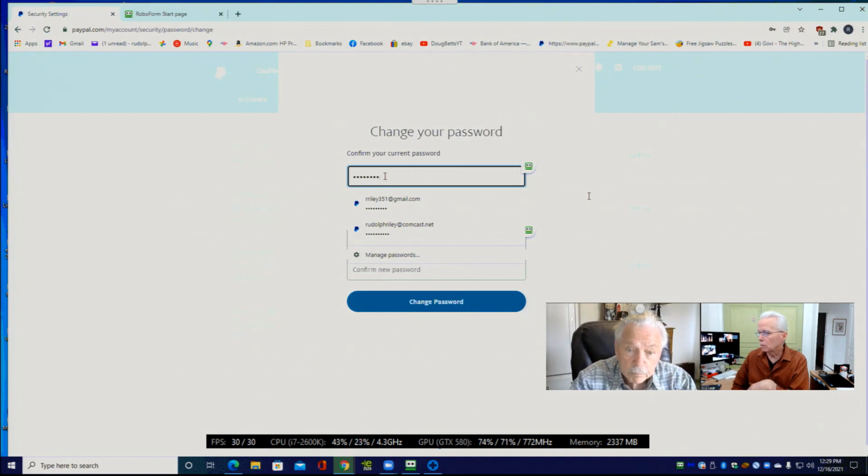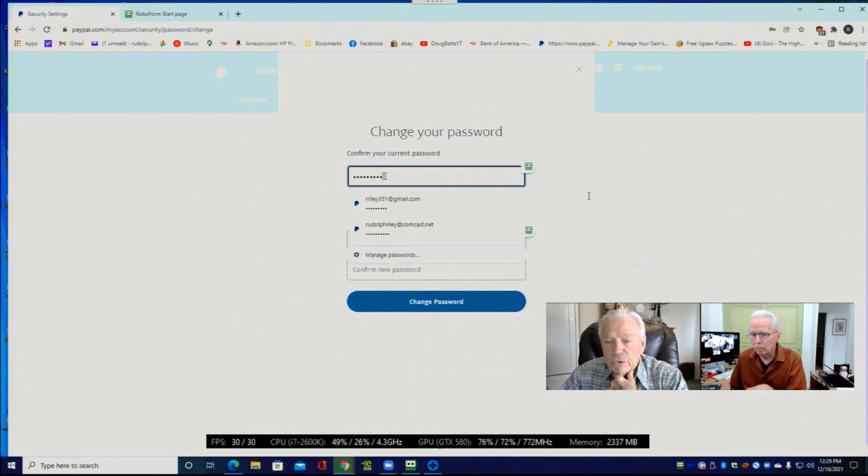And we could have used the RoboForm icon on the right side to enter that password. Okay, I just wonder if it knows that password. Yeah, it should. Why don't you backspace over that, and we're going to take a cautious approach to how we do this. I'm going to blur the screen.